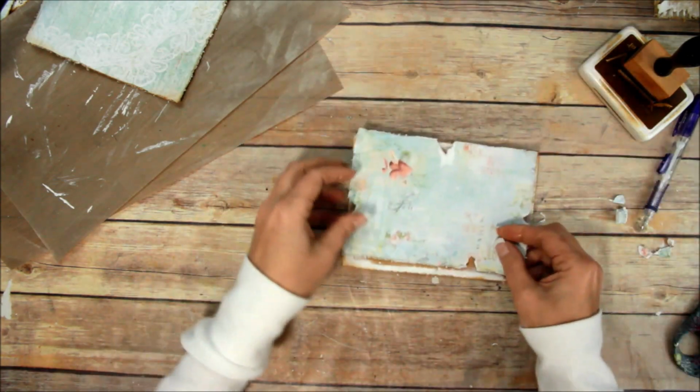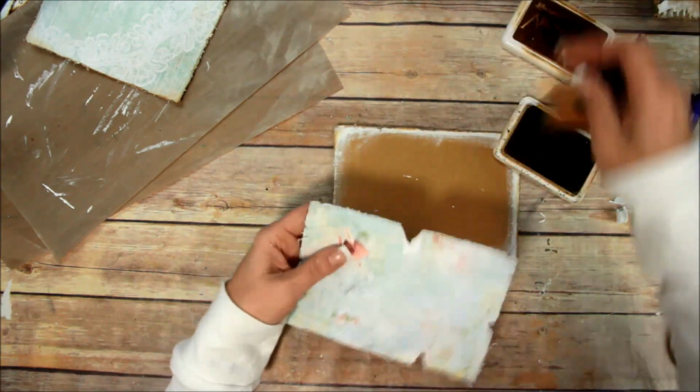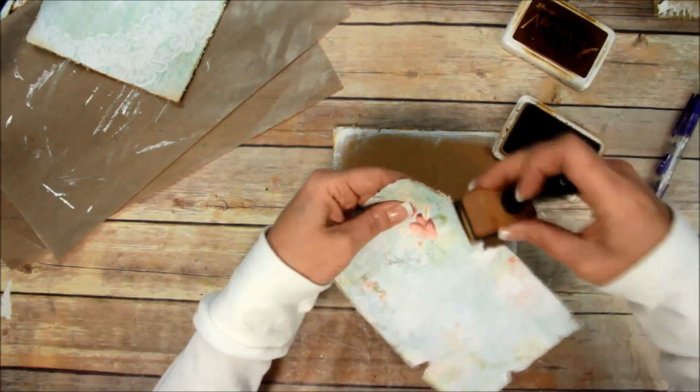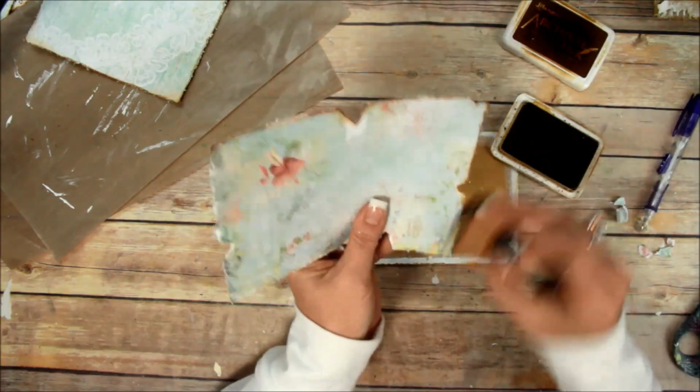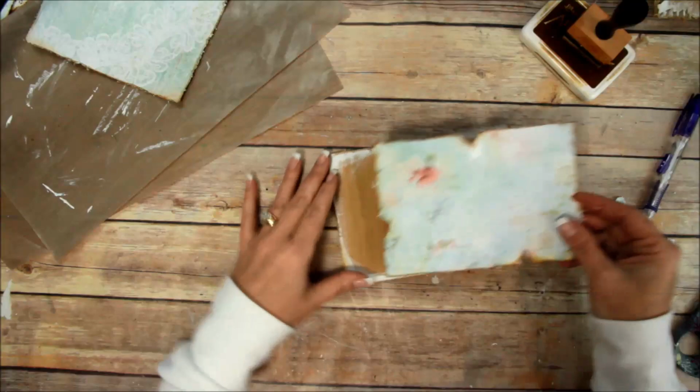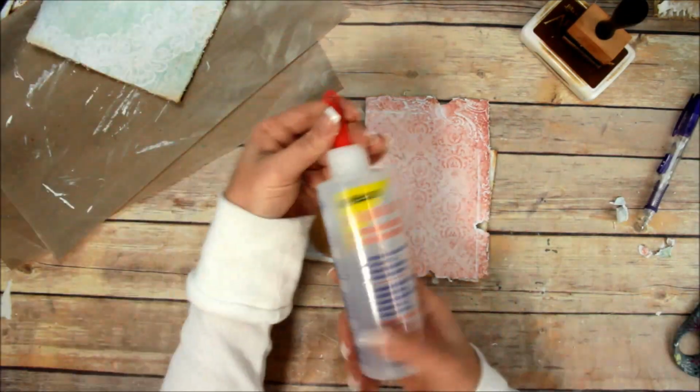That's kind of square looking. So it's going to kind of look like that, and then I want to ink my edges just barely. You don't want to go overboard. And so this is just the lining, and I'm just going to go ahead and attach it down with Beacon